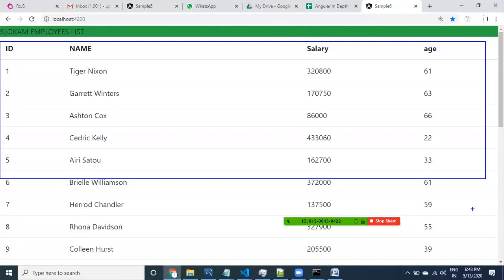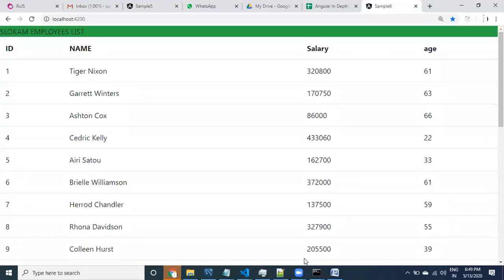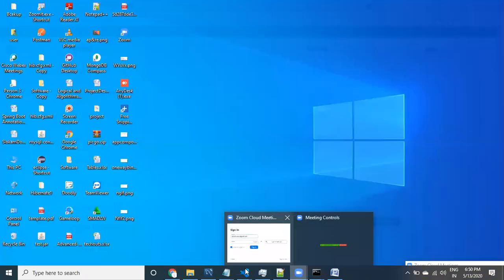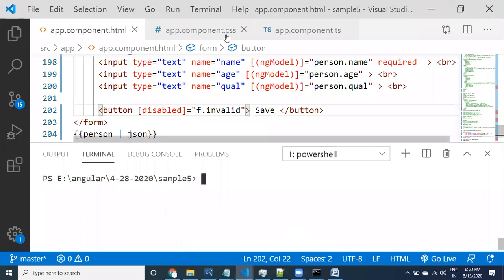So you can call the same component multiple times with different data, by decoupling the data and the table. Let us look at what decoupling is and how we can do it.